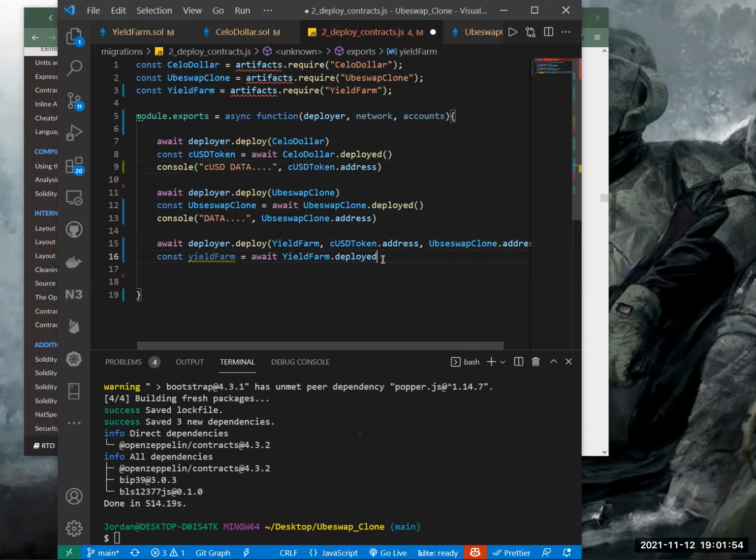Then the deployed function, and lastly we need to transfer all the Ubisoft tokens to the YieldFarm. So we'll do await